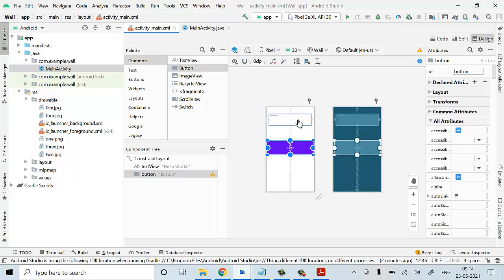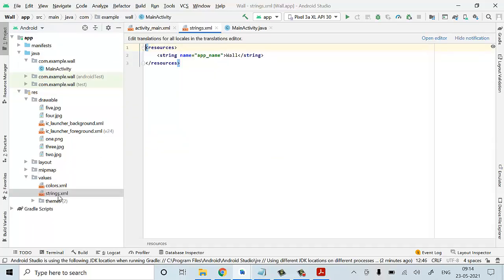Here I have to display wallpaper, and here I have to write, click here to change wallpaper. If I want to display any content in the UI design, we have to go to the strings file. I'll go to values. Here we have a strings folder. Through this strings file only we apply content on the particular UI screen.